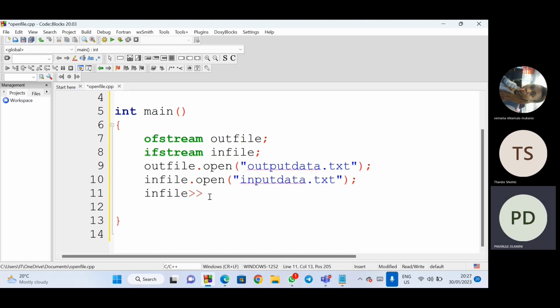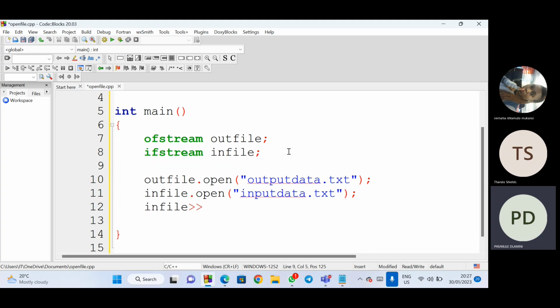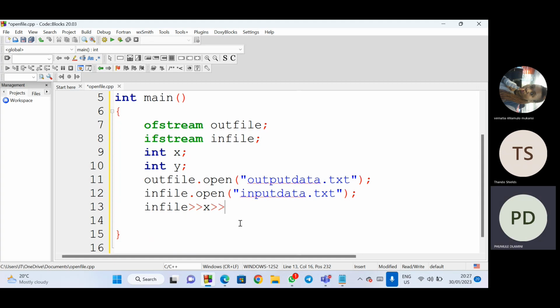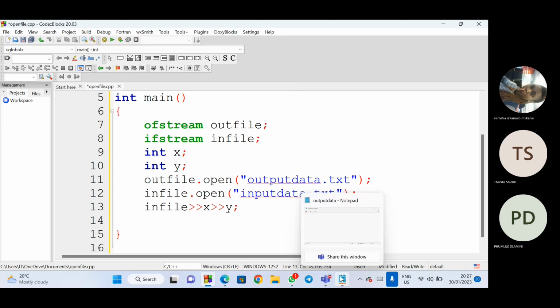So if I say it like that, I can declare something, for example, maybe here an int. I can say int x. When I say int x, if I put x like that, I can even declare another one. I can say int y. I can still read again into y like that. So I say y. So this one, the way I'm doing it here is going to,